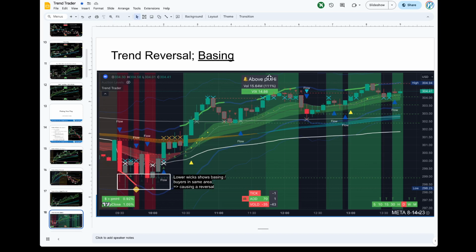So this is trend reversal based on basing. Today I posted because SPY was going down and then it was starting to base. I'm like, okay, it looks like SPY is basing right here. Basically what it means is it goes down and you have these long wicks around the same level. When you see these long wicks around the same level, it's a decent indication that there are buyers. It's like, okay, I cannot break through this because people are buying. So when you have enough of these, we say it's basing, and then at this point, it goes up.